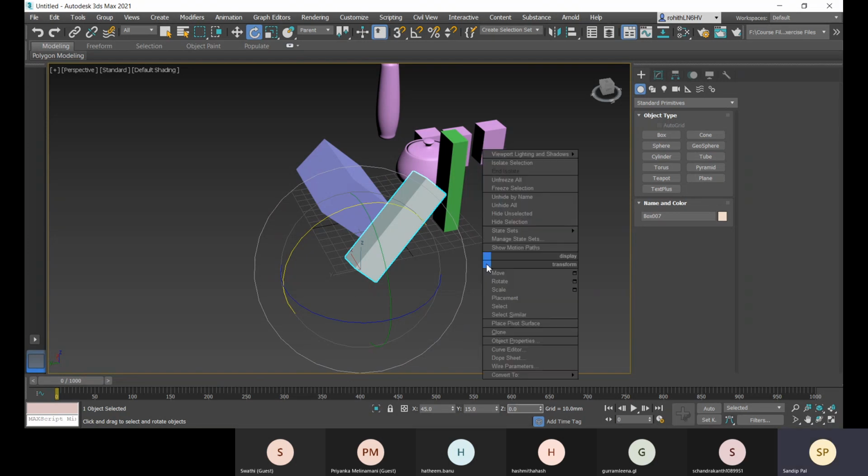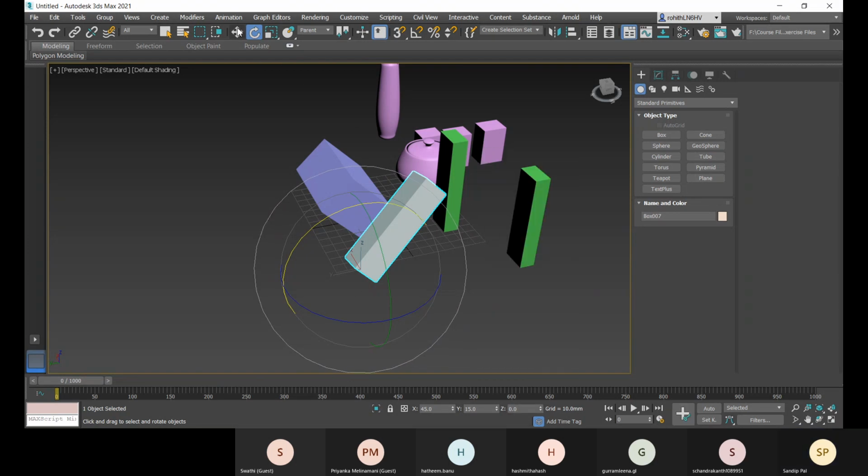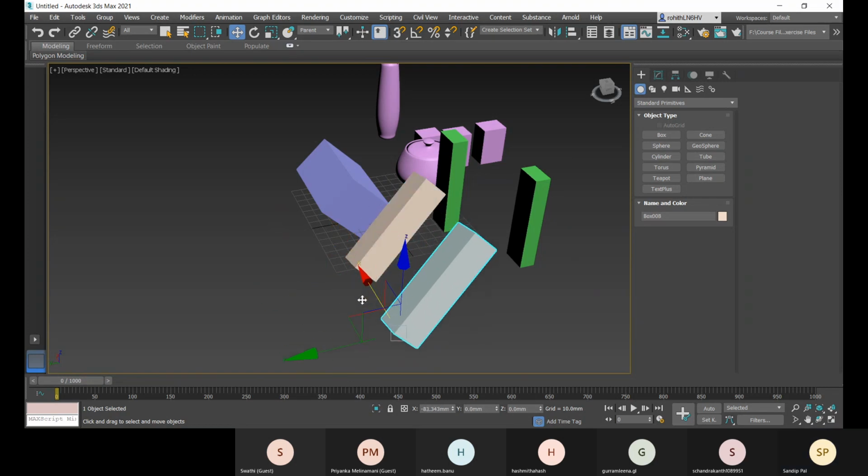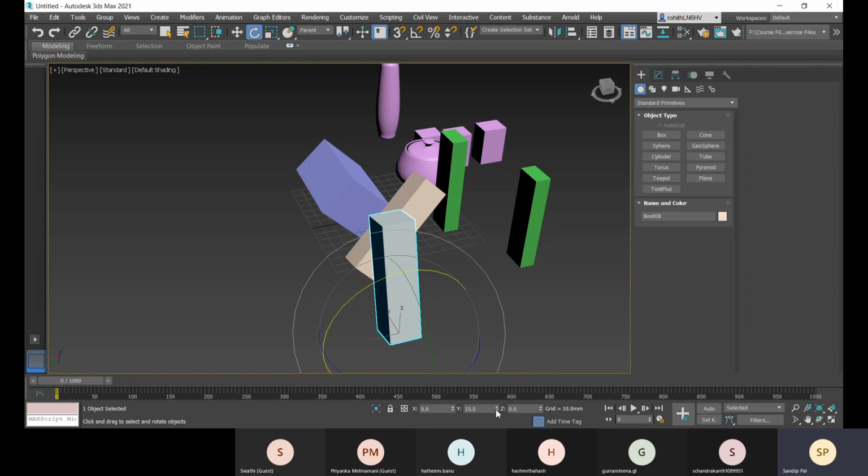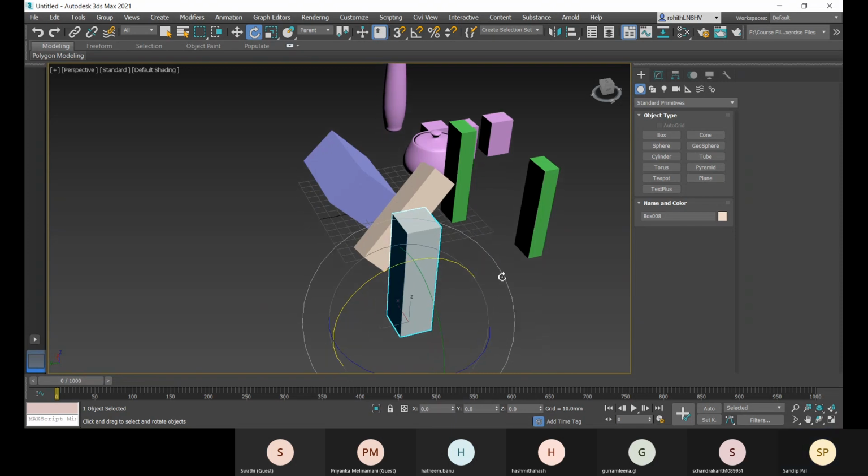Now let me go with this move here. I'll hold shift, go with this instance. And I will make it 0 here.